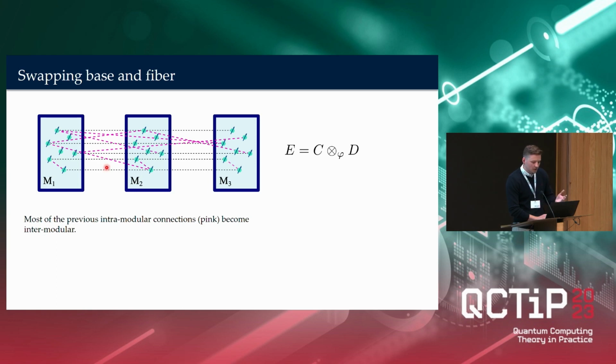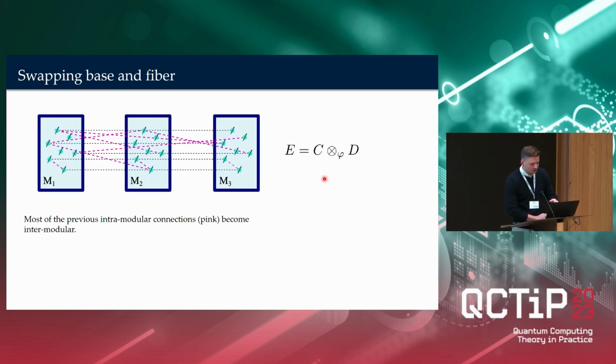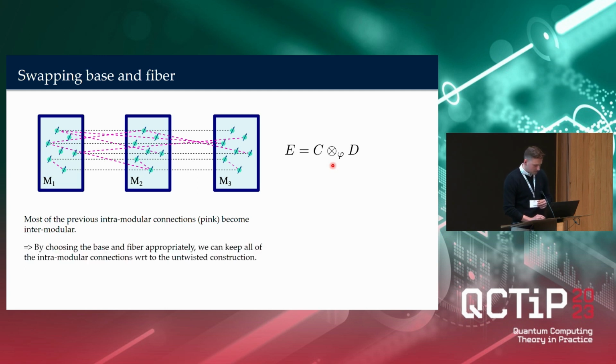So then we don't really want to do that. We want to do the really nice twist just between the modules themselves. So it's very important to correctly identify which is the base and which is the fiber. So doing so,